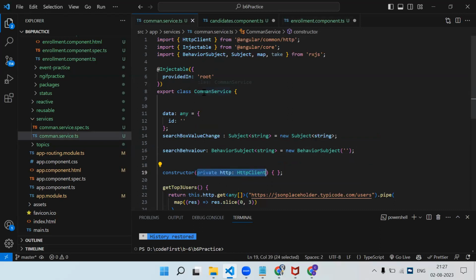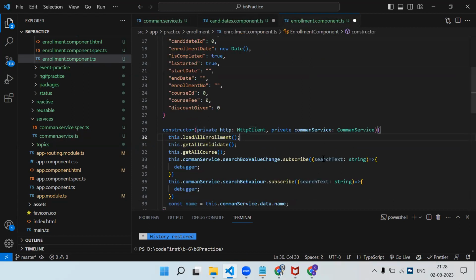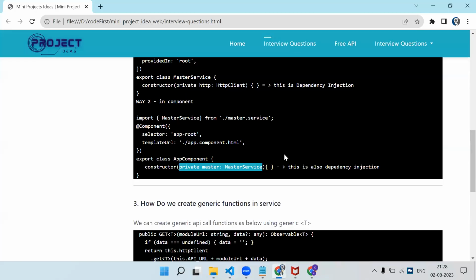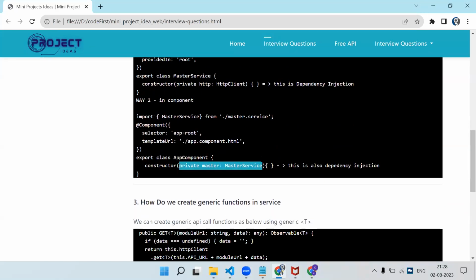Wherever we have a class, and every class has a constructor, right? So everywhere we can use dependency injection. Dependency injection will be created only for injectables, right? HttpClient is injectable, and this particular service is also injectable. Means only service objects are created in the constructor. A normal variable or array we cannot create that way. Okay, so this is dependency injection.